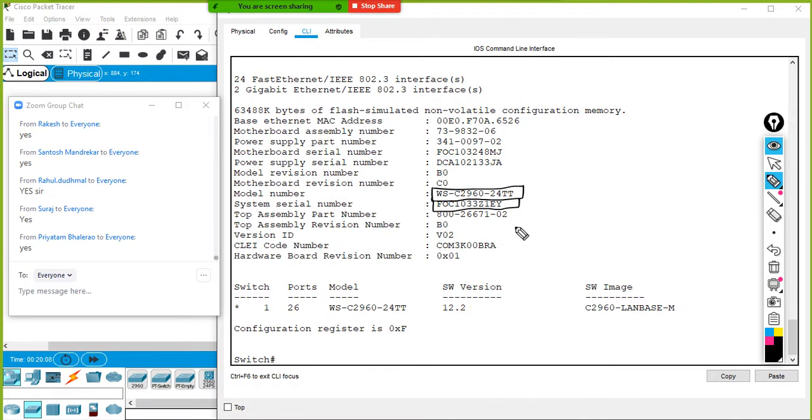Simply type show version, and you can see the model and the serial number of your device. Do you understand, everybody? Yeah. Then after that, if you see here the software version, which is